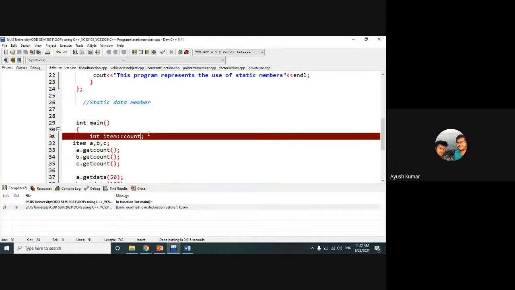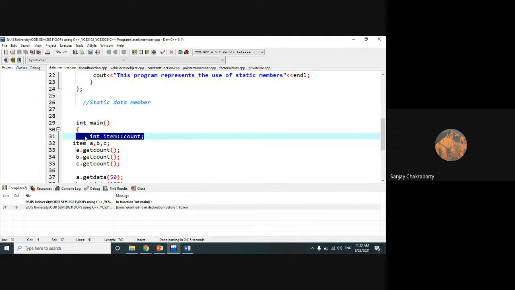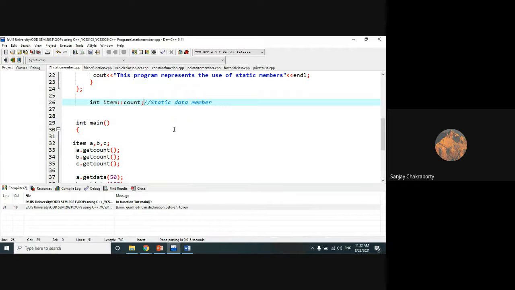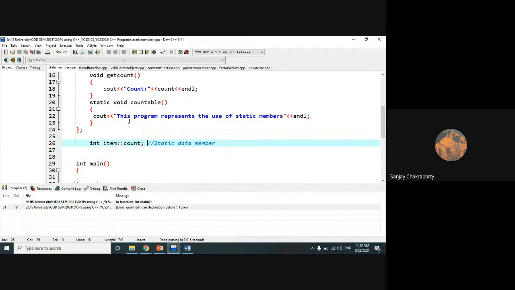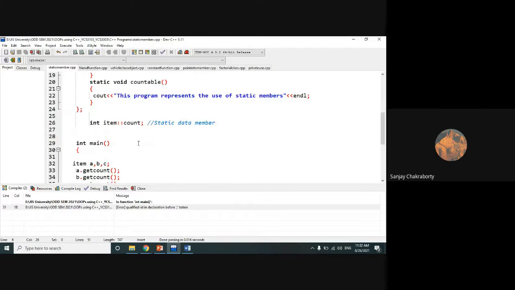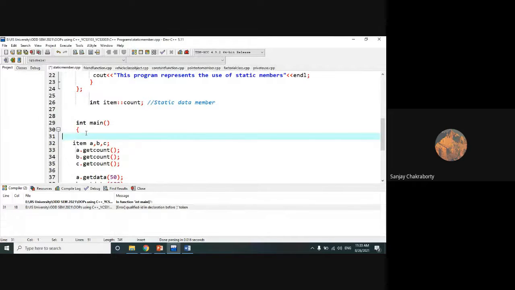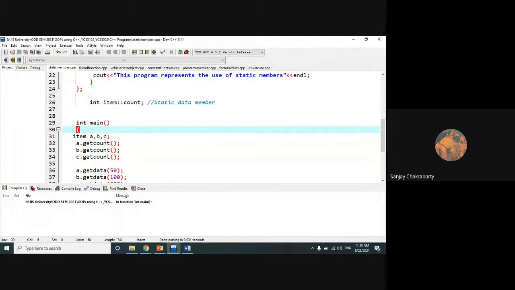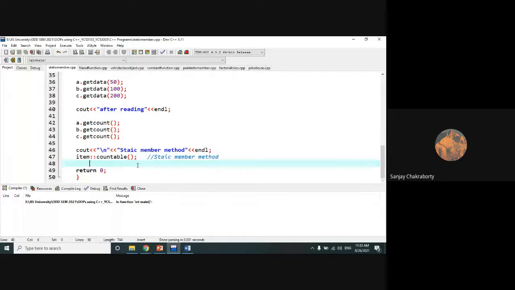So it is clearly stated here that a static data member should always be accessed outside the main, whether you have defined it as public or private. And static member functions should be accessed within the main function.